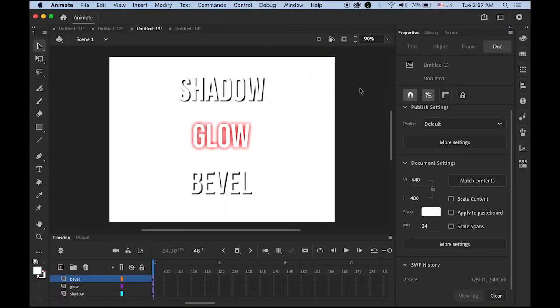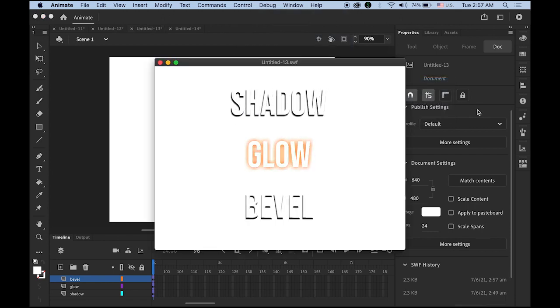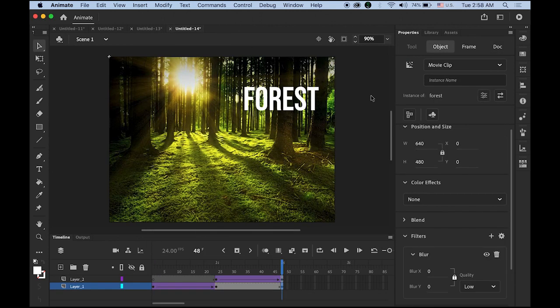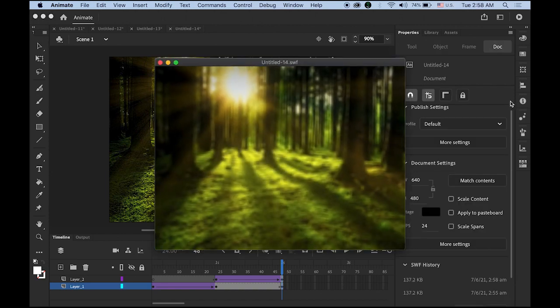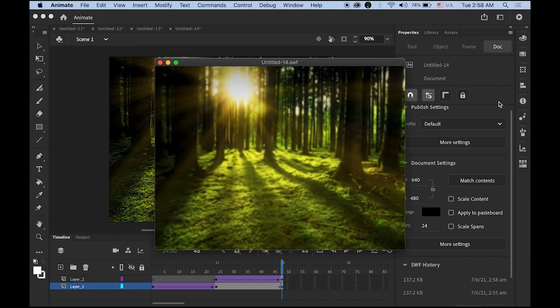Okay, so this is what we're going to do today. So let me show you. Let me test the movie. Control, test the movie. Shadow, glow, and bevel. Filter function is kind of animating. So this is the first one. And the second one is this. So background image is kind of starting with a blurry image and getting sharper. And then the same thing happens on the forest, the text